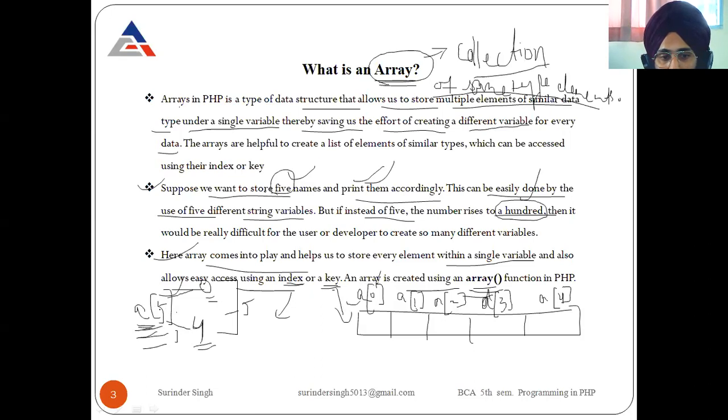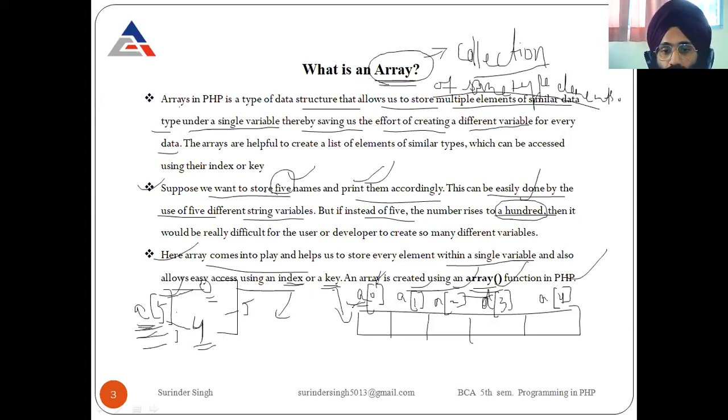Okay, we understand this 5 means the array can store a total of 5 elements, but how can we refer to each element of the array? How can we refer to the first element, second element of an array? Now we can say this is the first element, second, third, fourth, and this is the fifth element. We can access an array element by using the array name and an index value enclosed in square brackets.